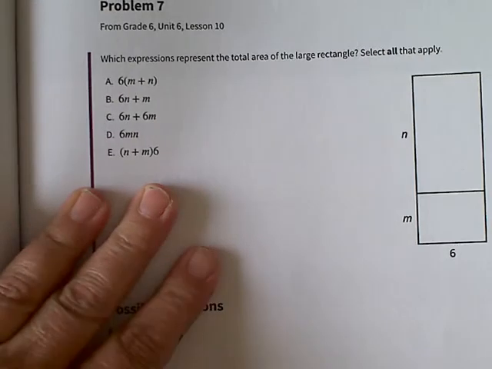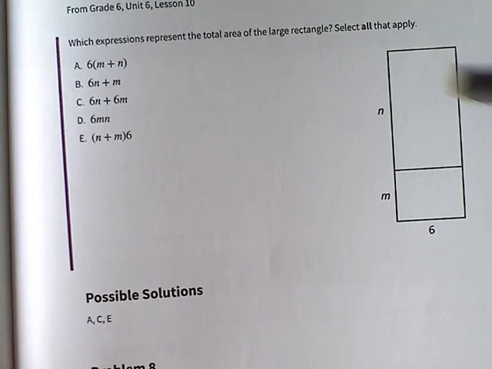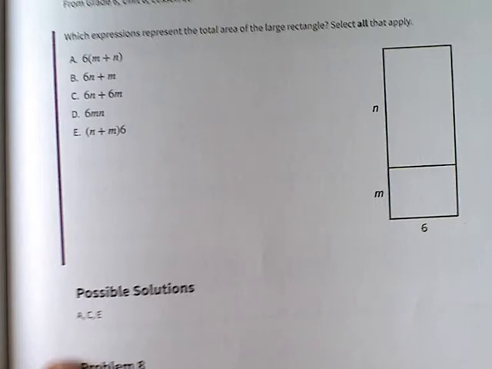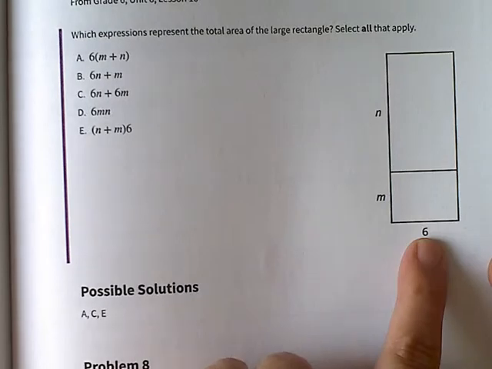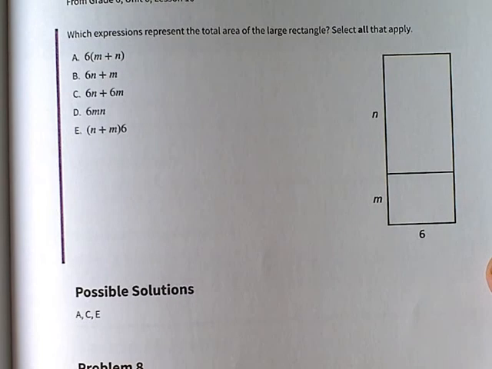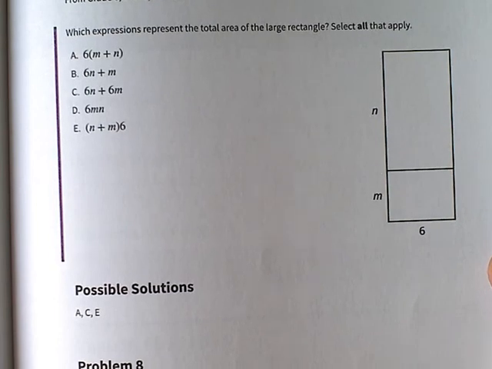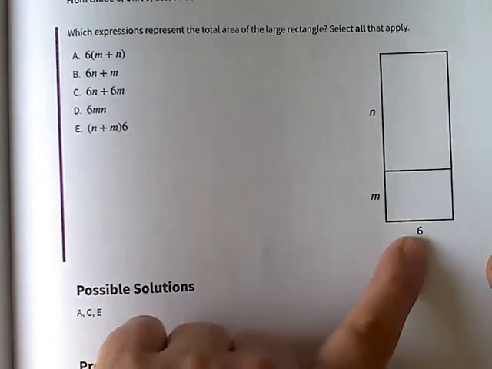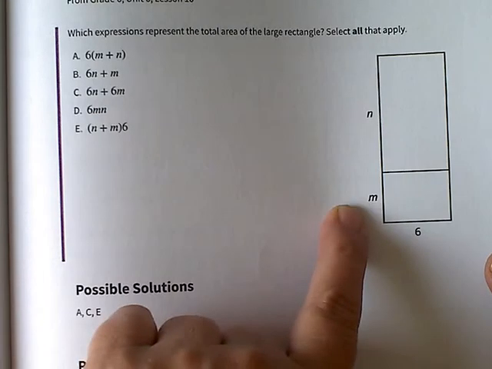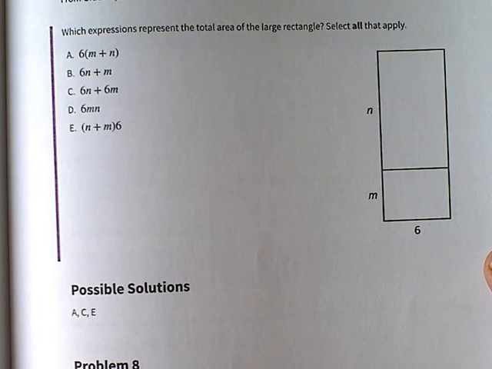Which expressions represent the total area of the large rectangle? Select all that apply. So the large rectangle is the whole thing. And so we could do 6 times m and 6 times n. So A is one of the answers. We could do 6n plus 6m, which is C, and we can get n plus m times 6. Okay? And for 8,